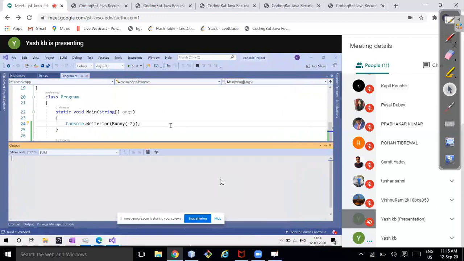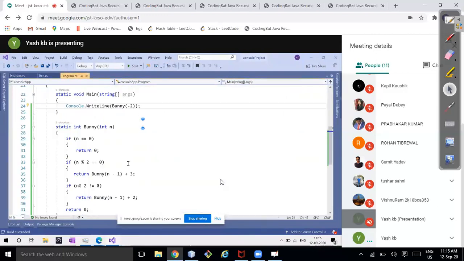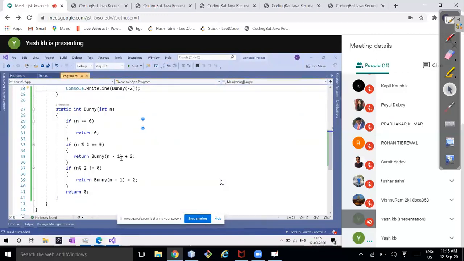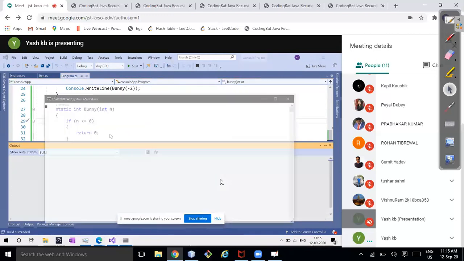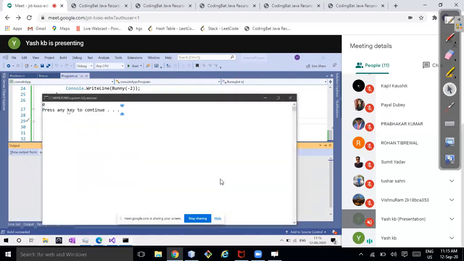So the problem here is that you are writing the function and you don't know the range of input, right? So instead of writing 0, can you make it less than or equal to 0? And now try to run it. Yes, it's returning 0 now.